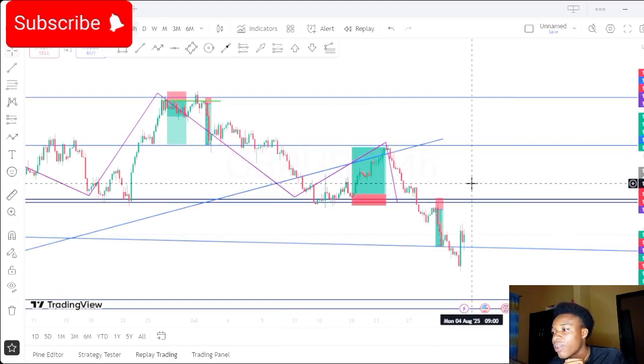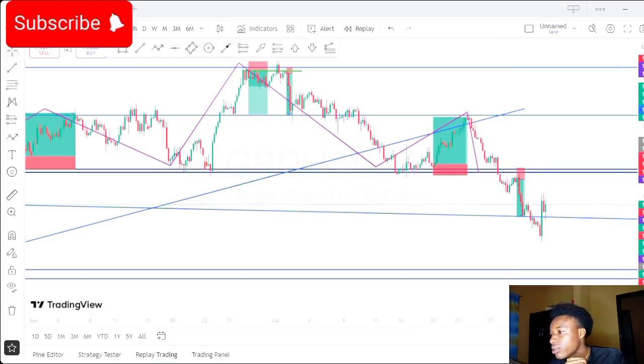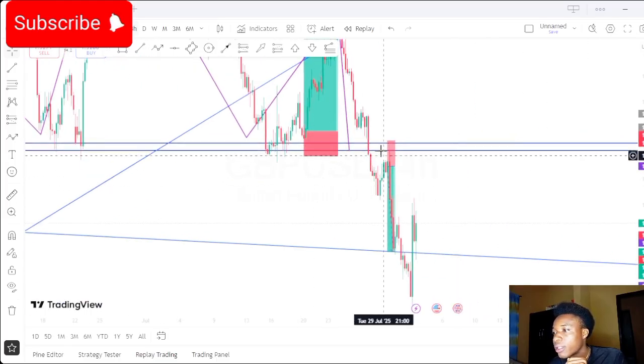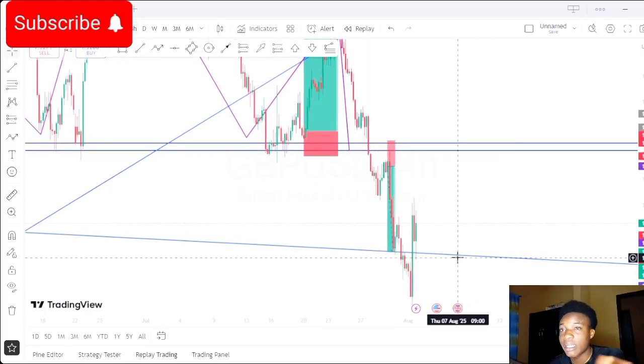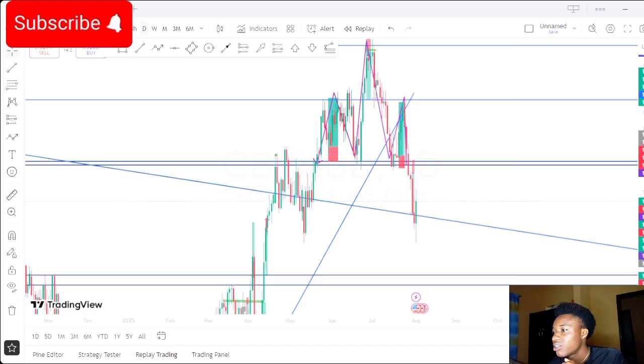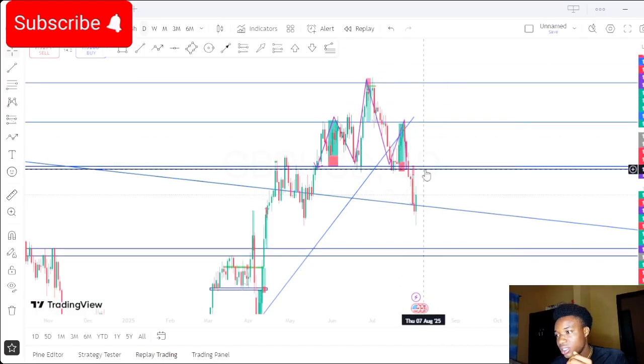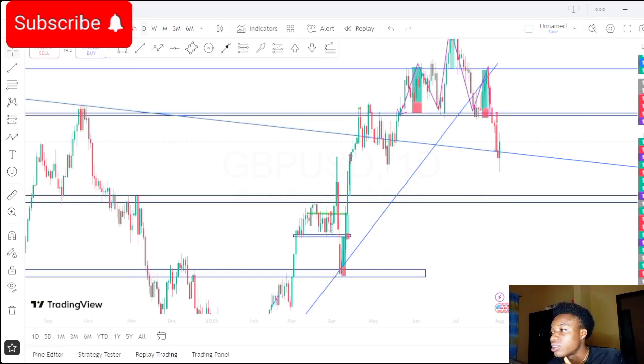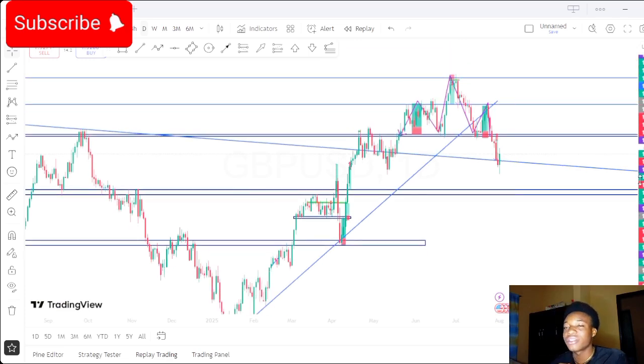So this is a clean example of head and shoulder pattern. You can see it right there. Very clean example of head and shoulder pattern. I took the trade and I made money. So you need to put this in consideration, because if you start trading head and shoulder like that without any break and retest on the neckline, you might be faked out, because there's a lot of fake head and shoulder patterns displaying here every day. So you need to spot the valid ones. You need to spot the right ones, the safe ones to trade. So let me show you guys another example of it,